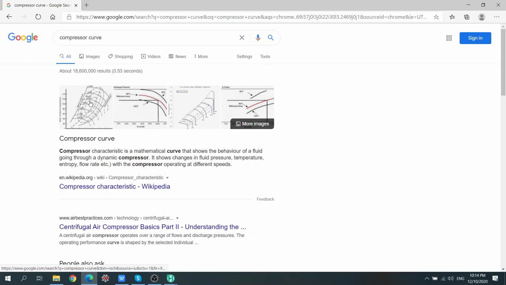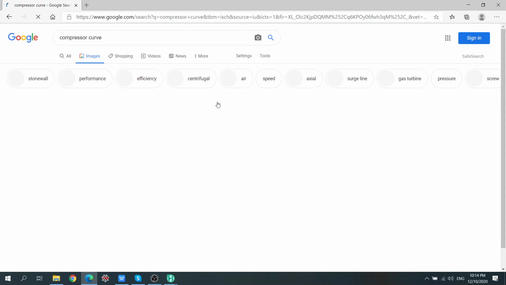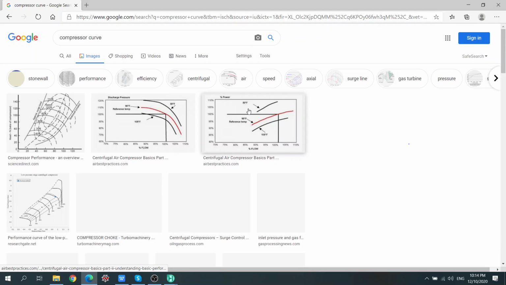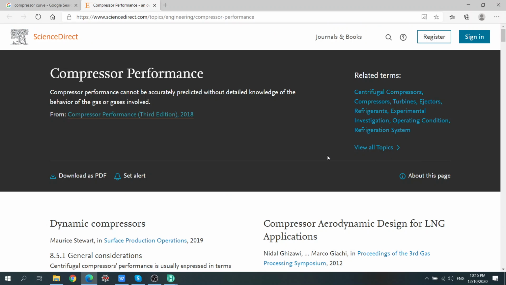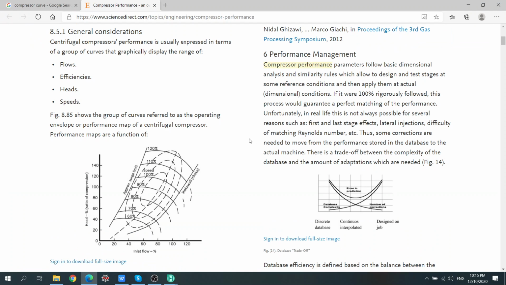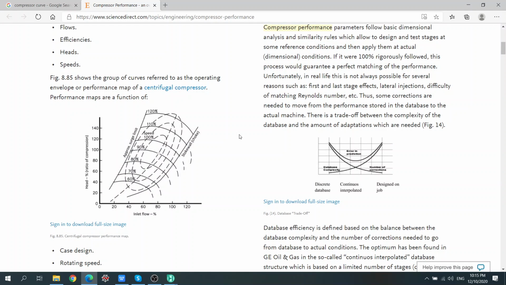See this compressor curve. Yeah, let's just click this. Hey, where is that? See, so we have this efficiency. So this circle is an efficiency. Yeah, so it's the speed 100%. This is your design speed, 100%. This is then the speed 110, 120%, and this is then the surge limit, and then